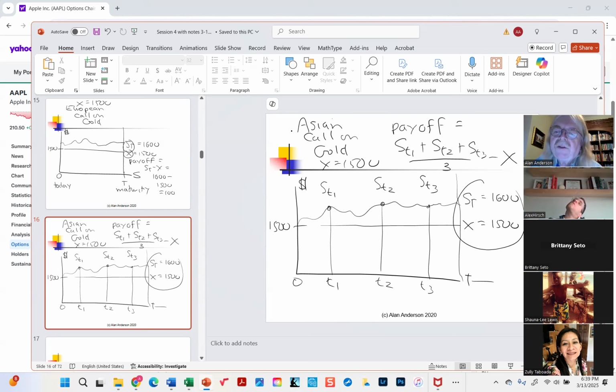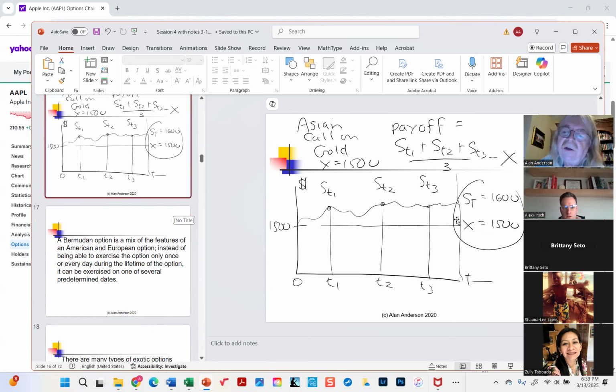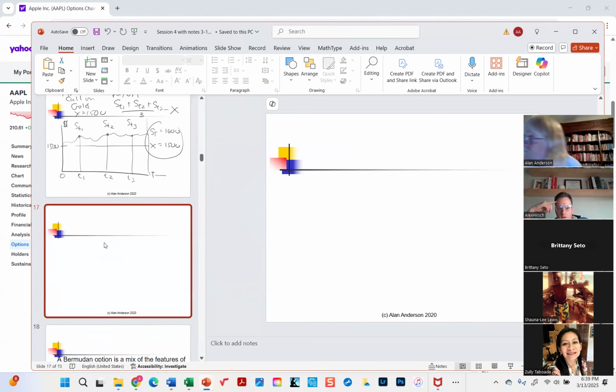So what you're effectively doing with this Asian option is as if you were hedging the average price of the gold during that time period. Okay, instead of hedging the price at time T, you're actually hedging the average price over that time interval. So the value depends greatly on the path followed by the gold price. So in another scenario where we also end up at 1,600, here we're going to have a nice little payoff because the average price is above 1,500. But if instead something like this happens,